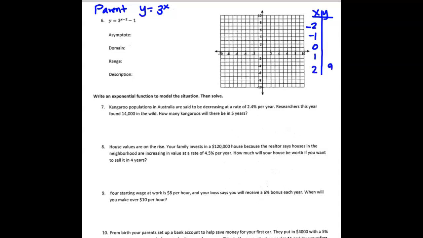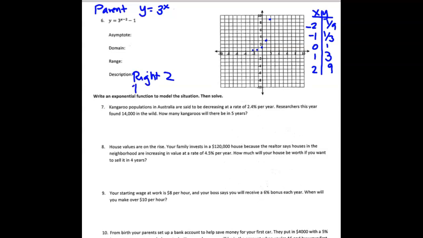3 to the second power is 9, which means 3 to the -2 is 1/9. 3 to the first is 3, so -1 would be 1/3. Anything to the 0 is 1. So 2, 9, 1, 3, 0, 1, -1, 1/3, and -2, 1/9. Okay? Now, for our transformations, we have an x minus 2, which means we have moved it right 2, and